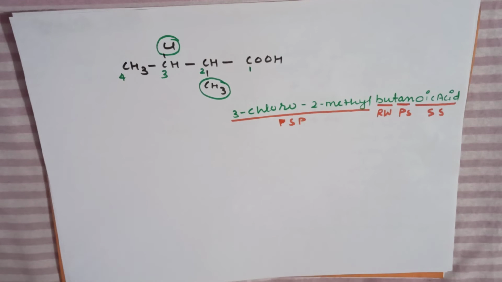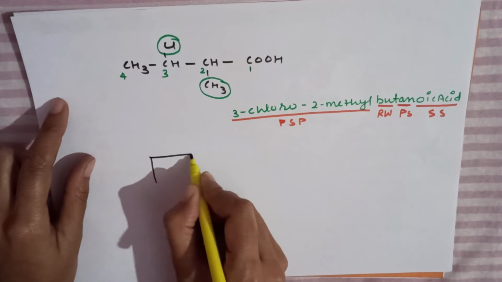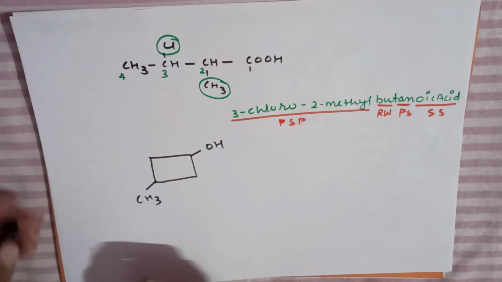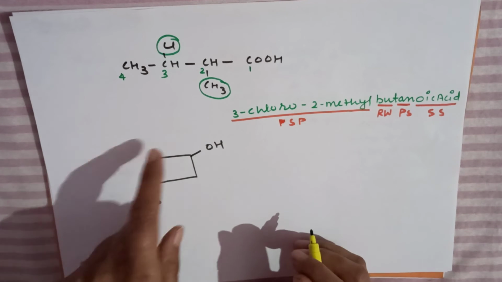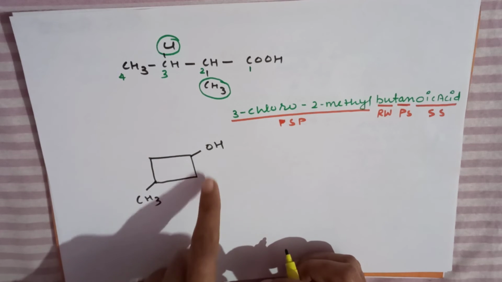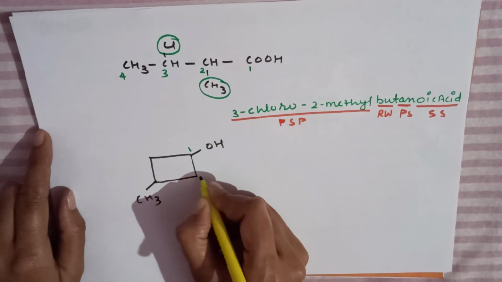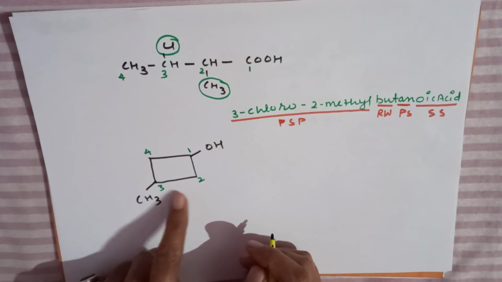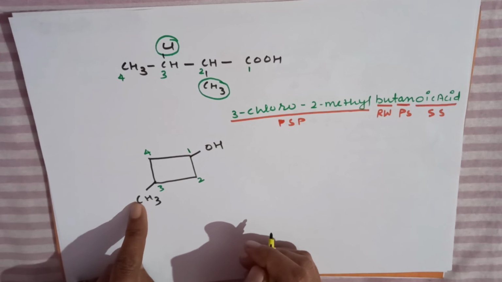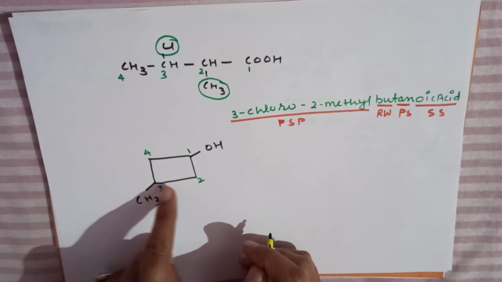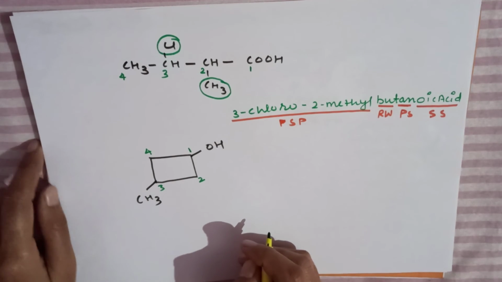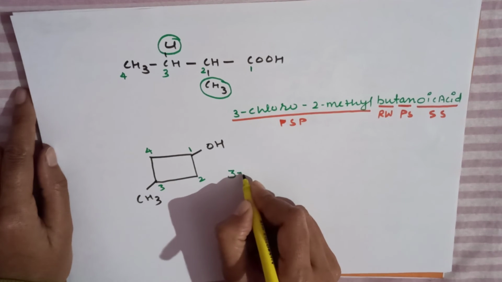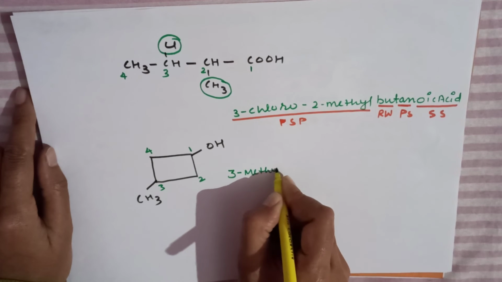Let us take another example. I am writing this one structure. Okay, it contains an OH group and here a CH3 group. Children, this is a cyclic structure. We have to give numbers to this cyclic structure. 1 2 3 4. This is a 4 carbon cyclic structure and this is a side chain. Okay, carbon to carbon single bonds are present because a single line represents a single bond. Okay, so at carbon number 3 a methyl group is attached. So we will write 3-methyl.